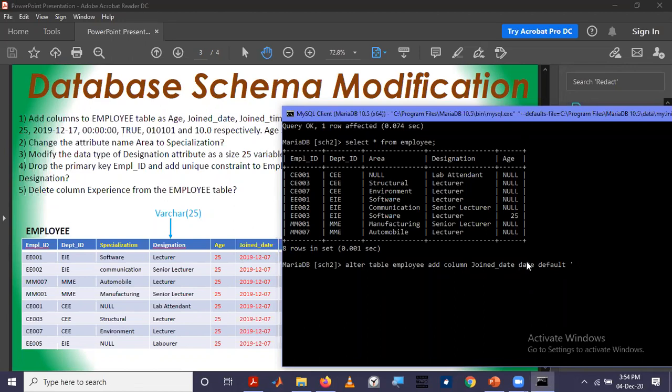This date is also a kind of string-like data type, so we have to specify it within single quotes, and enter this default date.